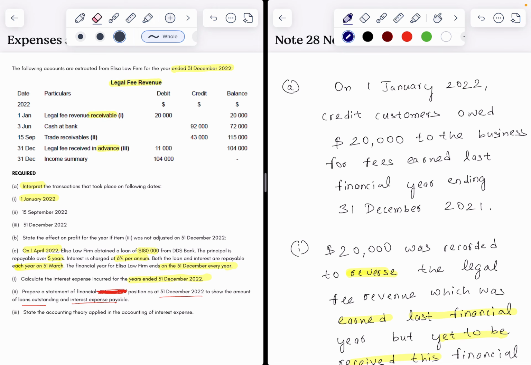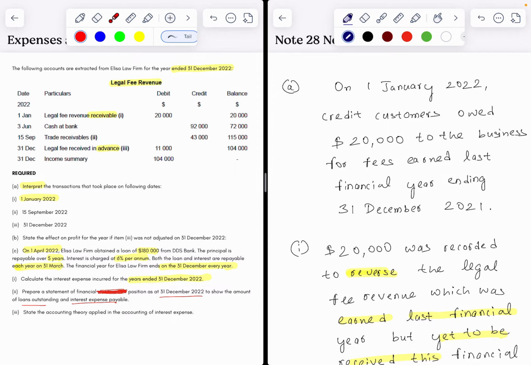You can see the question on the left hand side, and on the right hand side we've got all the workings which we'll go through step by step. So let's begin. The following accounts are extracted from the books of a law firm for the year ended 31 December 2022. So here you can see we are given the ledger account for legal fee revenues,